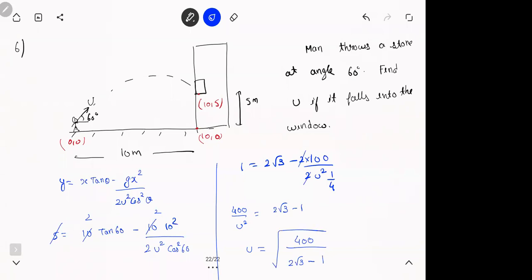Yeah, the answer looks bad, but the main thing is just take the equation of trajectory and just substitute 10 and 5 there. So the idea is this: you know x coordinate, you know y coordinate, you know theta, you want to find u. There is one equation where all 4 are there, the equation of trajectory. So have a look at this, ask me if there's any doubt on this part.